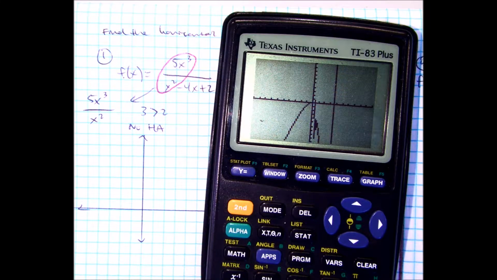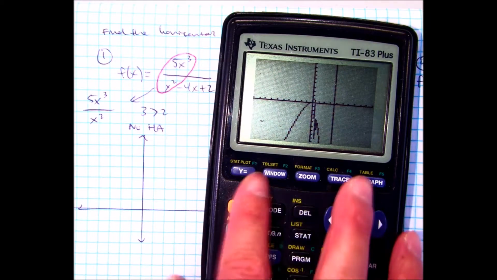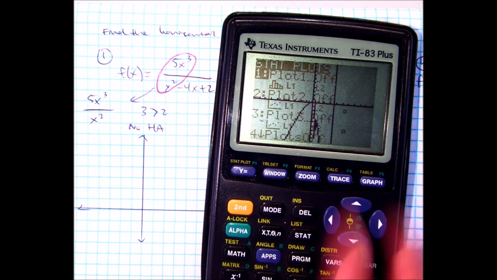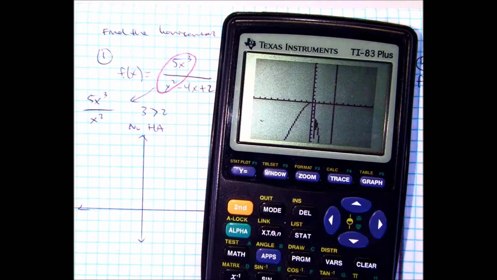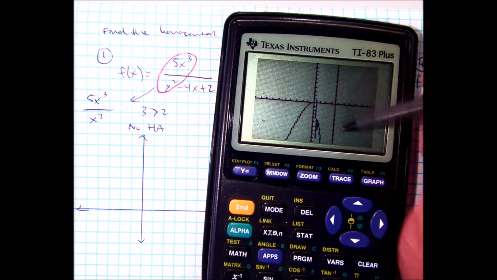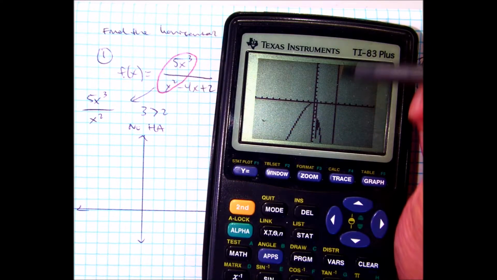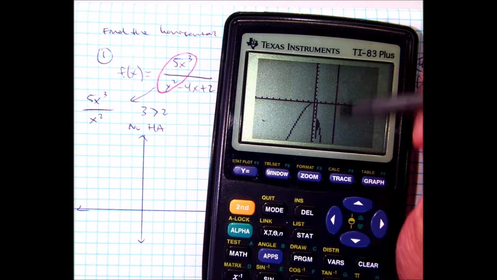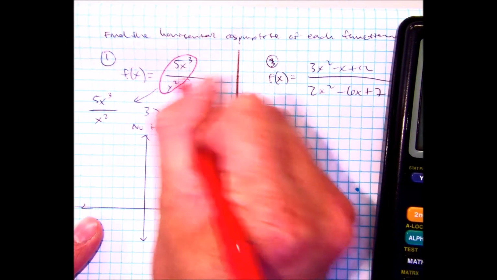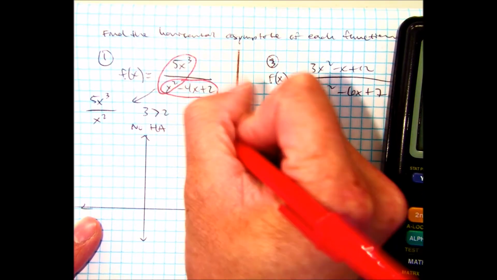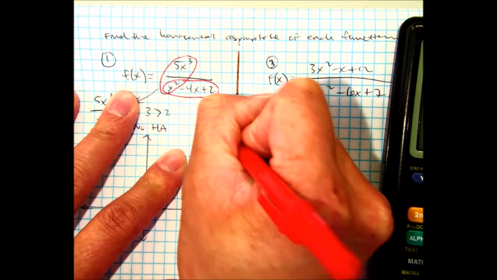Ooh, crazy looking graph, right? Let's double check my stat plots are off. They are. Our window, we changed it. Excellent. So over here, what does that look like, class? It looks like a vertical asymptote. So let's do a quick review just because I want to get a graph. Friday's lesson was if you just took that and you set it equal to 0, or really essentially not equal to 0,